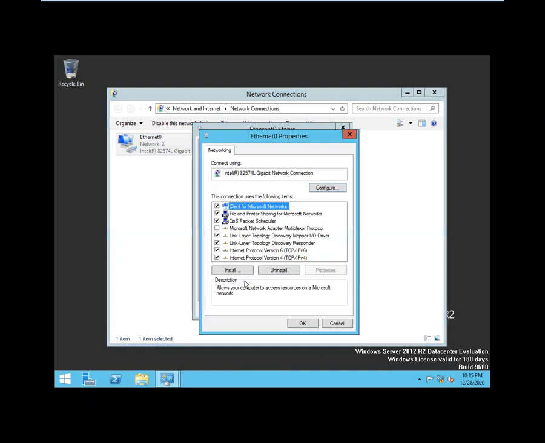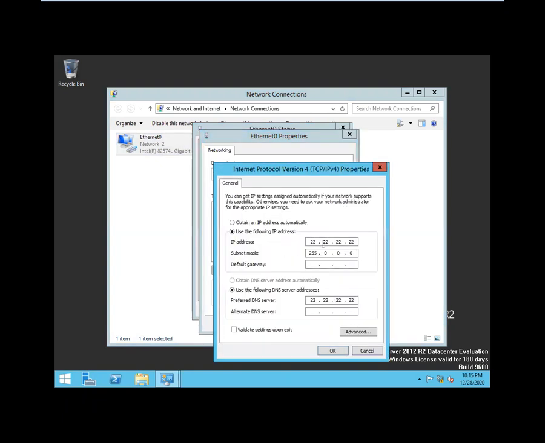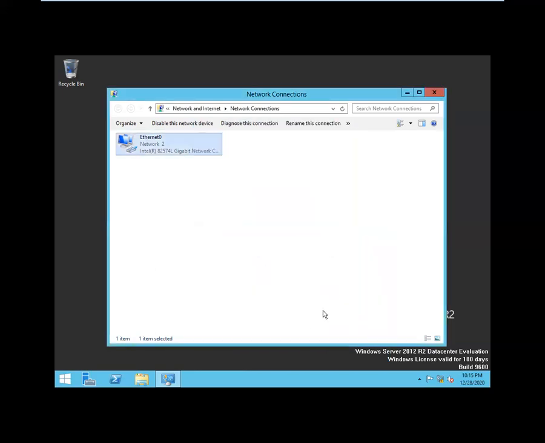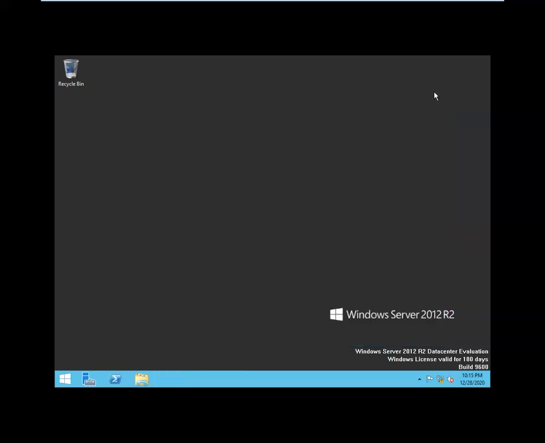And the IP address, can you see this 22.22.22, which is already assigned? Otherwise you can give a new IP address. I'm giving 2.2.2.2 with the subnet mask. And something which is very important is this DNS IP address. What is this DNS? We'll learn in detail. Don't worry about that, but as of now, try to give the DNS IP address.